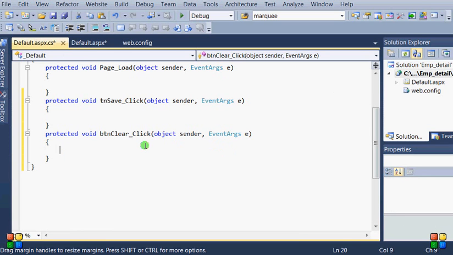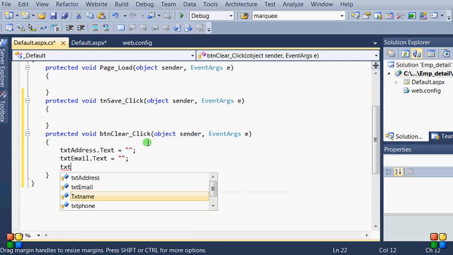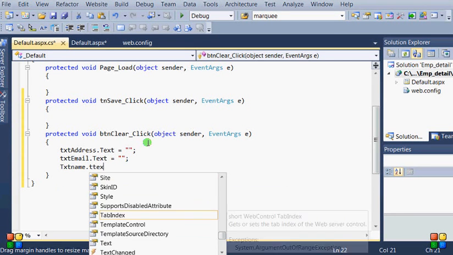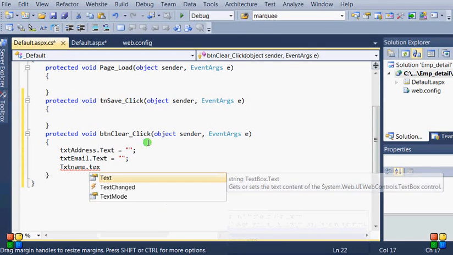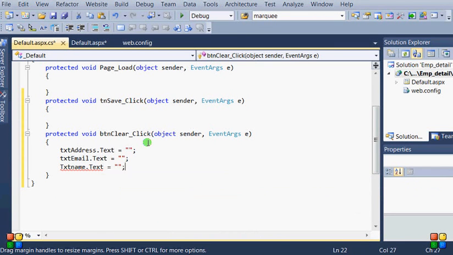Now we have to just code it like txt address dot text equal to empty, because we are now going to work on the clear button. Text email should be cleared and txt name dot text should also be cleared.